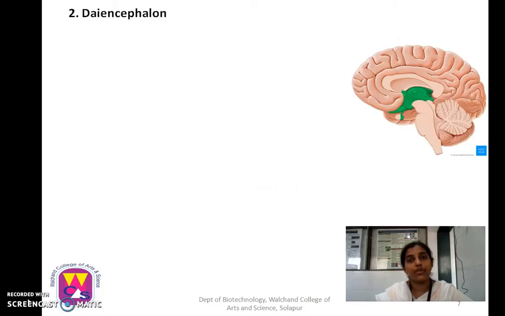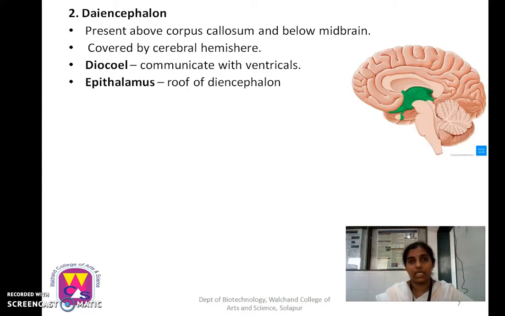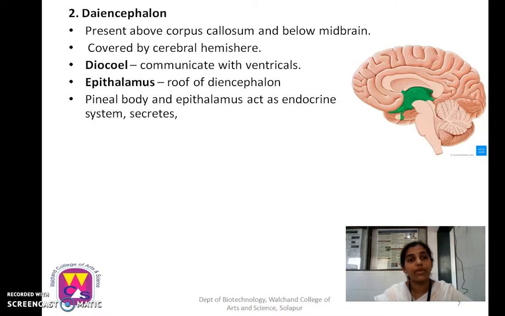Now the next part of our brain is the diencephalon. The diencephalon is present above the corpus callosum but below the midbrain, and it is covered by the cerebral hemispheres. Here, the green part present inside this diagram indicates the diencephalon structure. This diencephalon again has four major parts. First is the thalamus, which is involved in communication with the ventricles. Next, the epithalamus acts as the roof of the diencephalon, and here this epithalamus along with